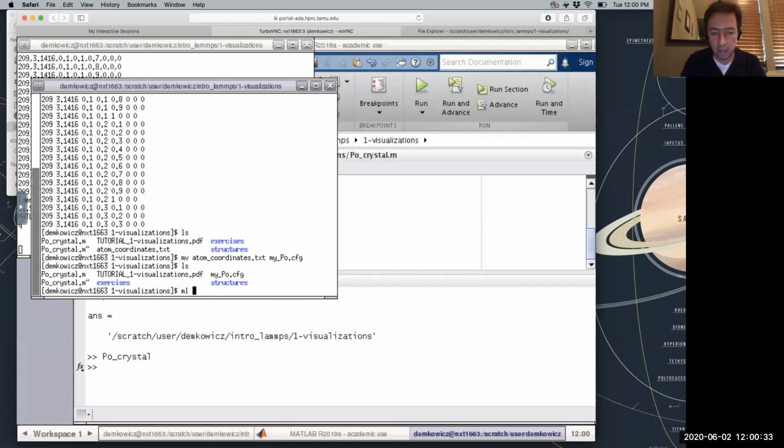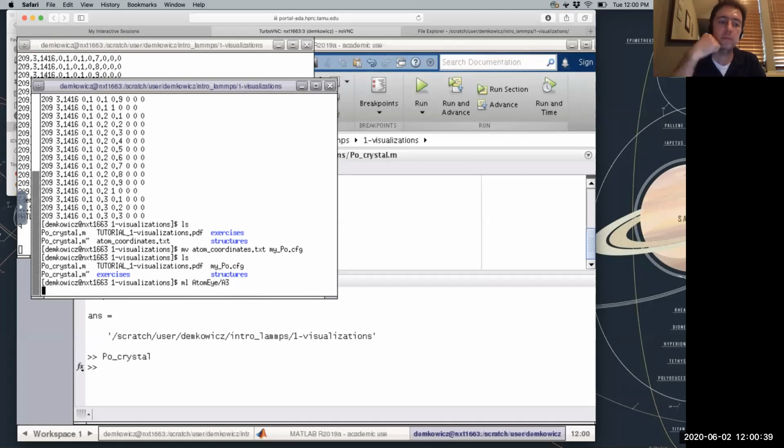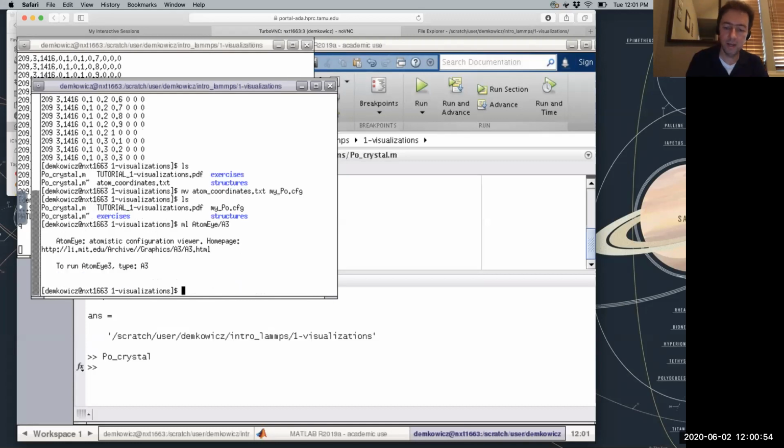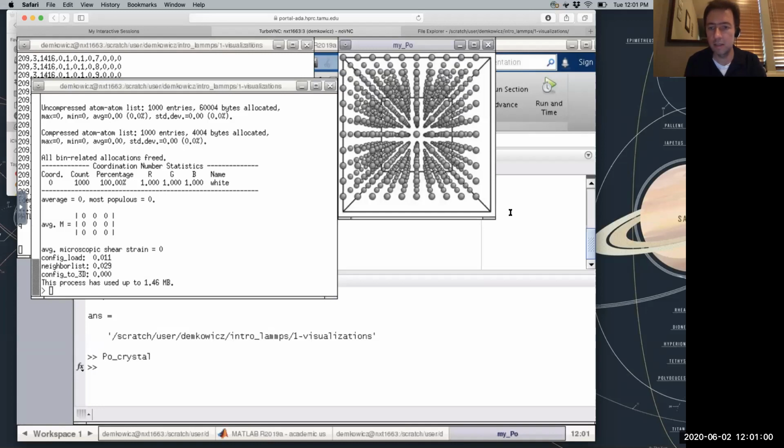I think I have to add in atomeye again, so atomeye A3. There it goes. All right. And now just A3, my polonium, bang, there it is.